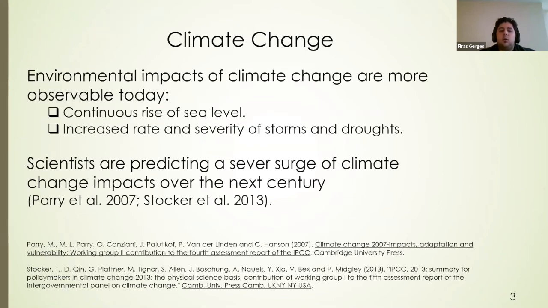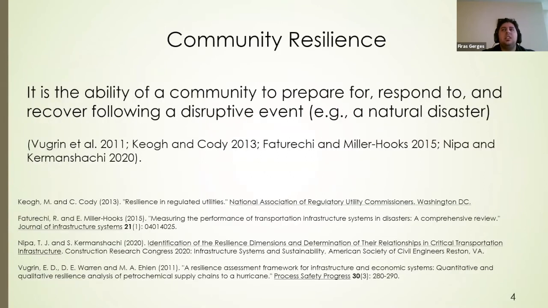So today the environmental impacts of climate change are more evident, with the continuous rise of sea level and the increased intensity and severity of storms and droughts. Moreover, these impacts are predicted to rise even more over the next century. So to face all of these challenges, community resilience concepts have emerged as a way to enhance community preparedness to